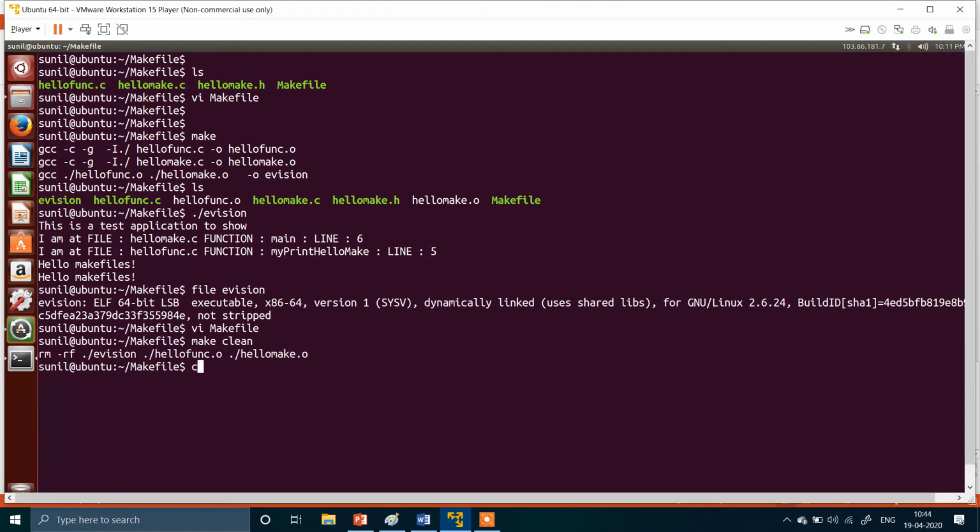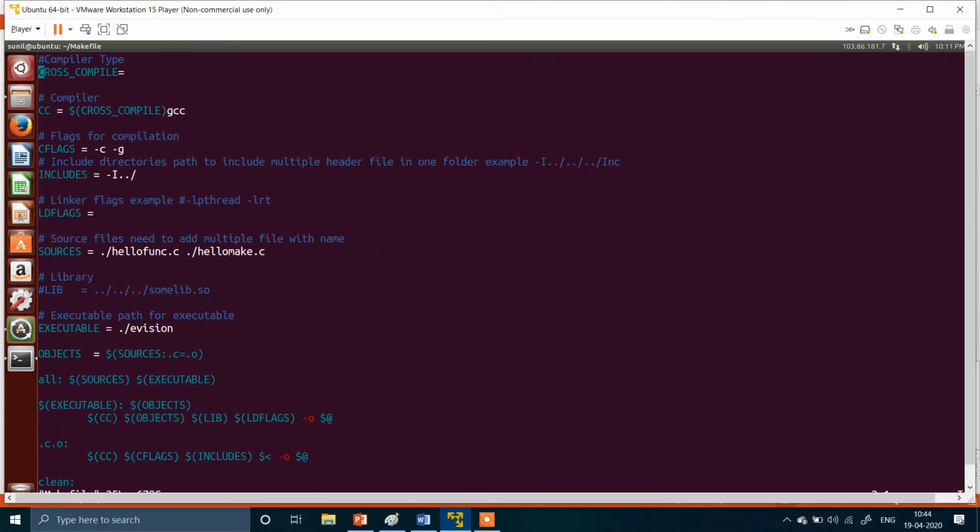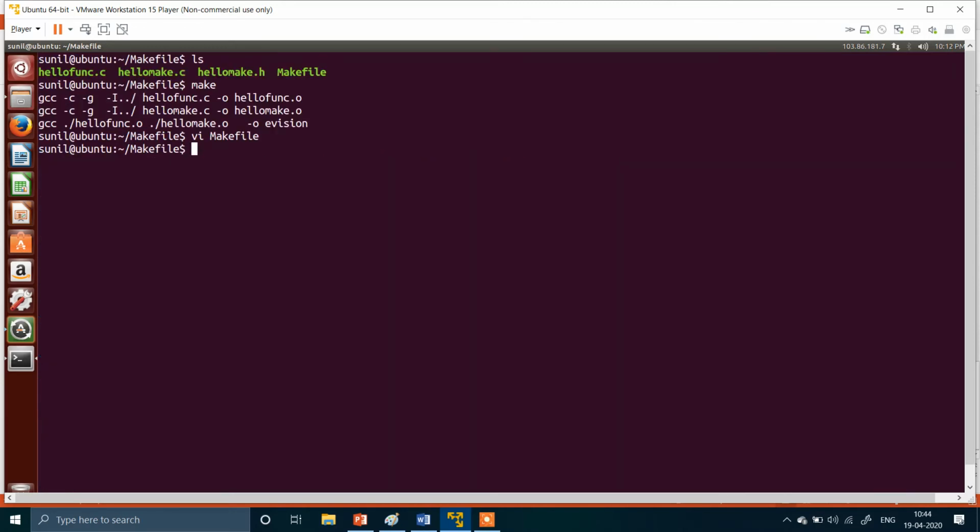You can use make clean, and it will remove all the executable and object files. Now if I use make, okay, if the header file is located in the current directory, then GCC will pick it by default. So we will have to move this onto the desktop.